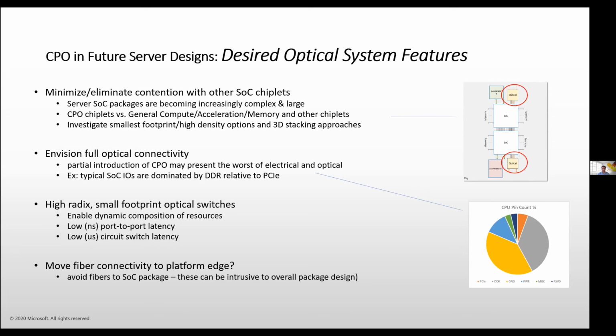And finally, fibers directly into that server compute SoC, that can be pretty intimidating, right? So we don't do anything like that at this point, obviously. It's all PCB electrical traces through a substrate and through a PCB. And so how do you get fibers into this? And can we avoid it in some way? Can we think in terms of optical sockets and waveguides through a board, and what are the challenges there? I'm sure that's been thought about, but anything to avoid a whole bunch of fibers coming out of an SoC will be incredibly important and useful to look at.